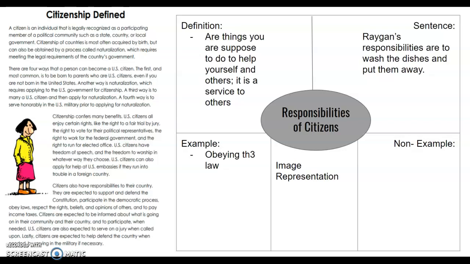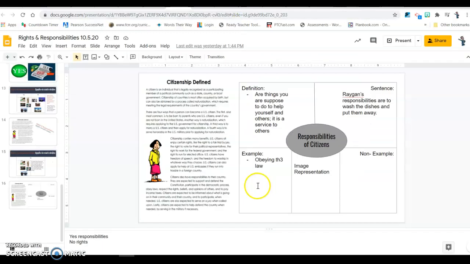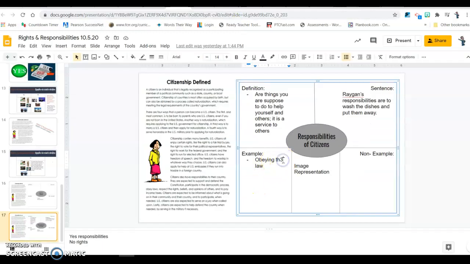Here's a sentence using responsibilities. Reagan's responsibilities are to wash the dishes and put them away. And some examples that we came up with were obeying the law, voting,